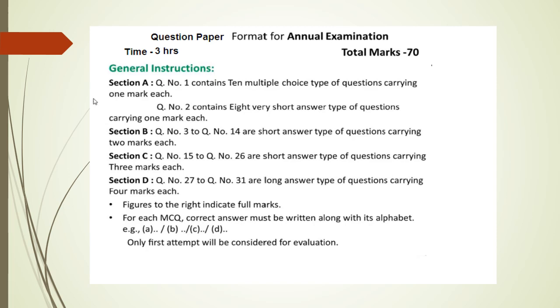See that any question that you do not know the answer for, leave that space, go to a fresh question and see that your morale is good at the time of attempting all these small questions which are for 1 mark. Then section B has 2 marks each, wherein you have 8 questions.